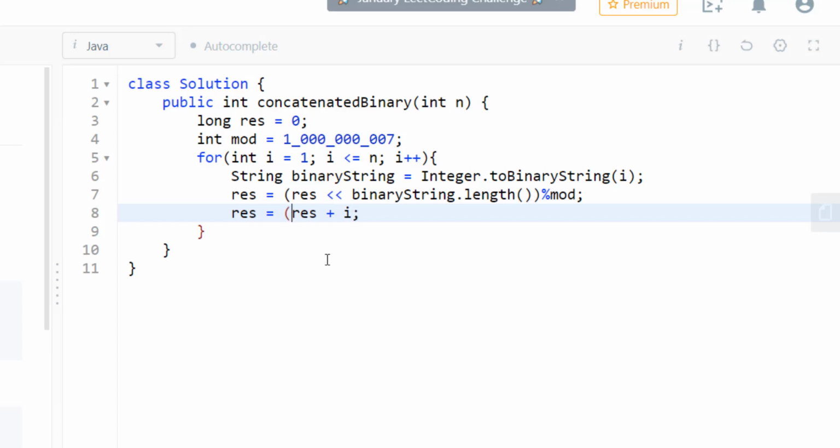But while adding also, we need to take care that we are not going beyond my integer, and so we do a mod. Now this would take care of looping till n, and finally we'll get the result in our result variable. But since this is long, I need to return it by converting it into int.